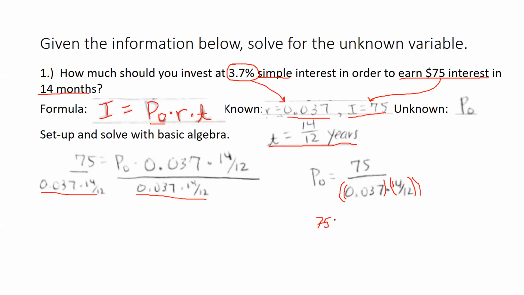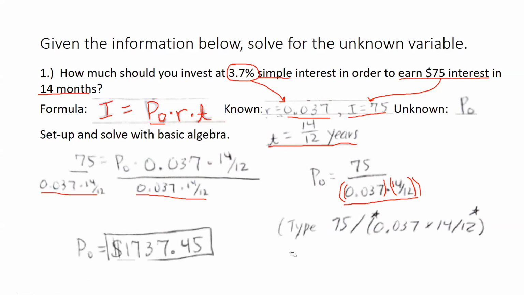I really should do this in a different way. Divided by, and then all of these parentheses here. Okay, divided by all of that. And after I do that, what I end up with is, oh, look at that, I already typed it in. Oh, how fun, good, because that was looking dicey. So now I'm gonna type all of that in exactly how it's written, and I'm gonna end up with